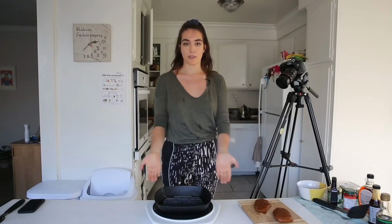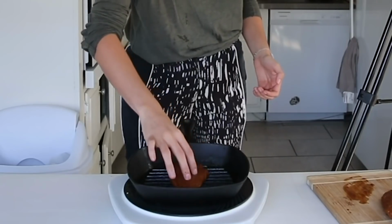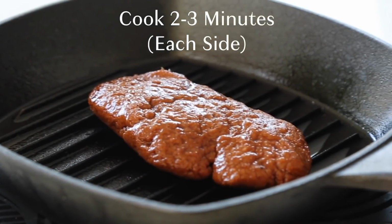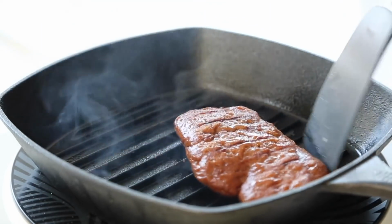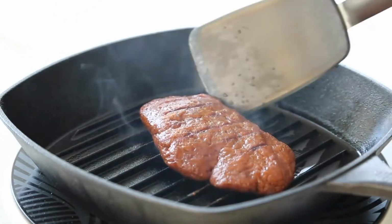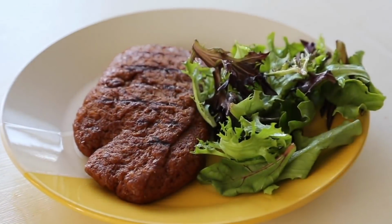All right, so our steaks are done marinating. Now it's time to cook these. So we're gonna start with this sort of grill. I'm only gonna cook this for about 2-3 minutes on either side. All right, I'm gonna try to flip this. Ooh, yeah, cool. Okay, so it's all grilled up, and now it's time for me to take a bite of